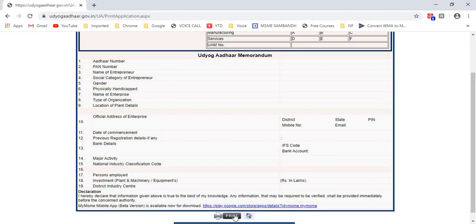If you want to modify any of the particular details, you can go back, do the same process and modify. If you are having any doubts, you can contact MSME World at the given number at the end of this video, or you can visit or email us. We will definitely guide you. We have our local leadership in Bangalore, Mumbai and Hyderabad. They will also help you and assist you in registering for MSME registration.